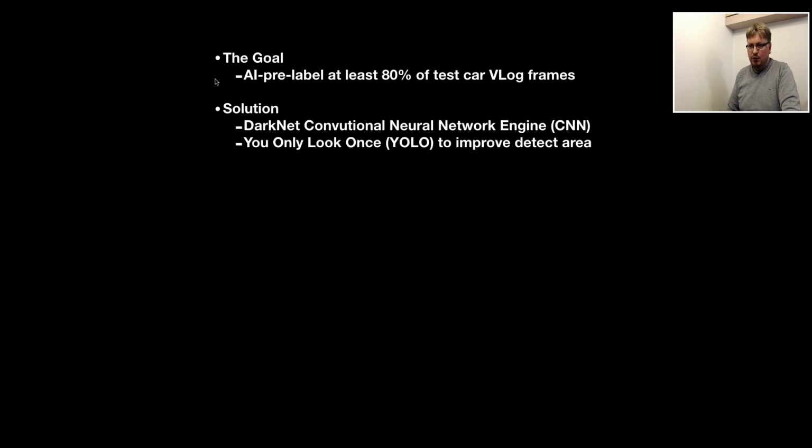important goal for all this work was to create an artificial intelligence system that will be able to pre-label at least 80% of test car video log frames, right? So you can imagine you have a car with cameras and you want to detect what's on the video on each frame, right? So my solution will be based on darknet convolutional neural network CNN and leverage the YOLO model, you only